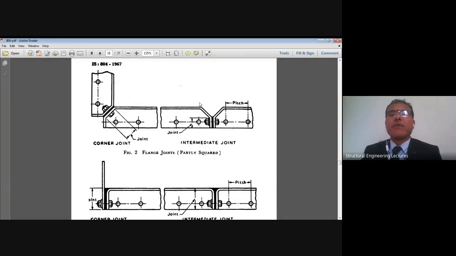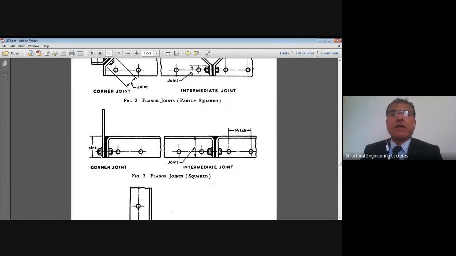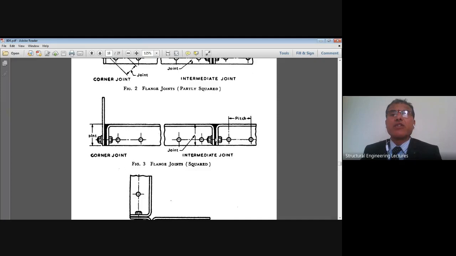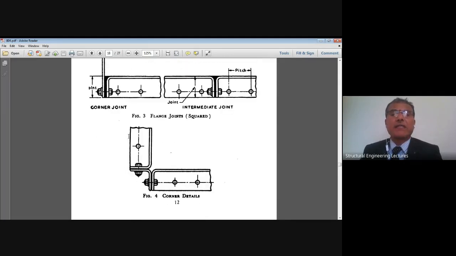Now you can see it is not perfectly 90-degree here, right? It is akin to a C shape. That is what is called partly squared. But here you can see the joints are almost perfectly 90-degree with this root radius, right? A small root radius will be there. These are what are called the squared flanges, but now the bottom plate is having the flanges outside, type 1 connection, right? That is how the joints are along with the caulking. What we are seeing is caulking, for water tightness, right?